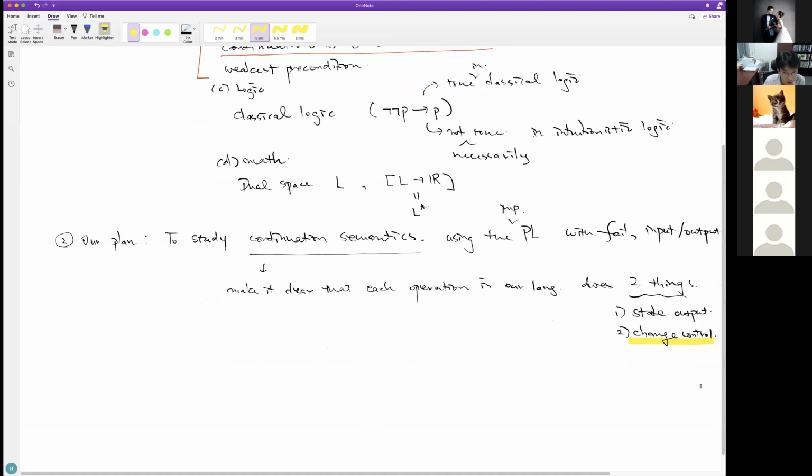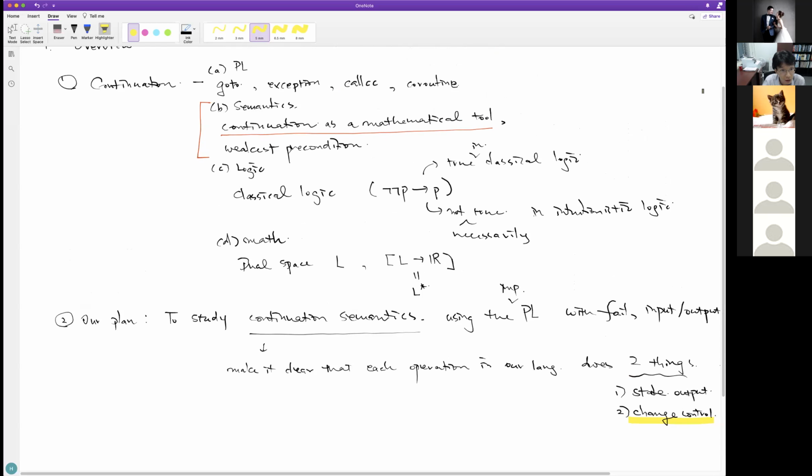And other things that we are not going to talk about here, but will discuss later when we study the functional language, is that the continuation semantics is more general. So it lets us explain a programming language which has constructs like exceptions, goto, and so on.